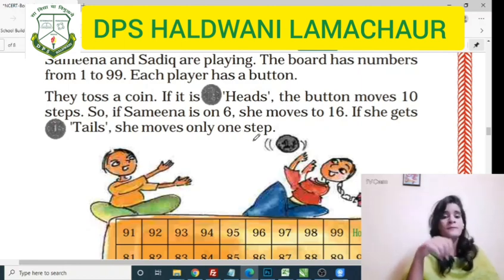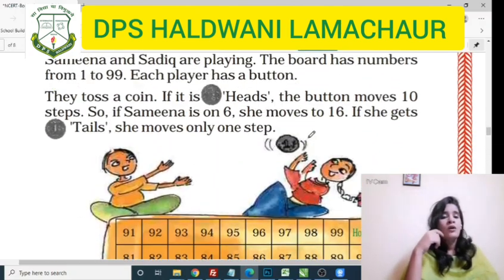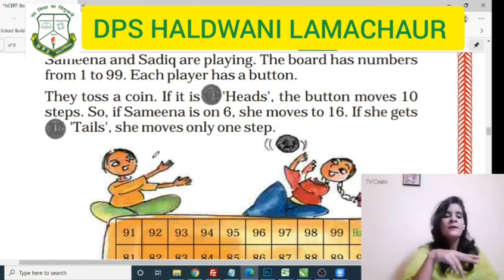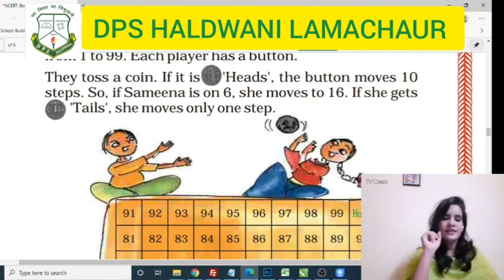Now the game is, so they have a scoreboard. This is a scoreboard of 100 points. Now if they will get head, they will move 10 steps. अगर उनका head आता है तो वो 10 step चलते हैं. If they will get tail, they will move only one step. Okay? Got it? अगर head आएगा तो 10 steps and tail आएगा तो only 1 step. So